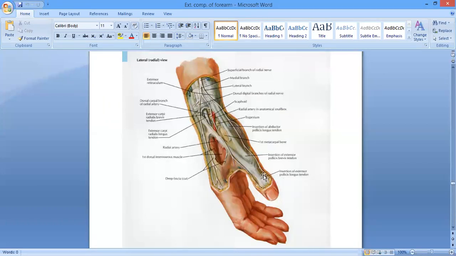Here, ठीक है, you can see the lateral branch आ रही है. So it's going to supply the dorsum of the thumb here, and then it's going to supply over the proximal phalanx. Right? So at the area of the wrist, it is going to divide into the lateral and the medial branches, which are further going to give the dorsal digital branches, which are going to supply the lateral 3.5 of the dorsum of the hand and also the lateral 3.5 fingers up to the proximal phalanx.